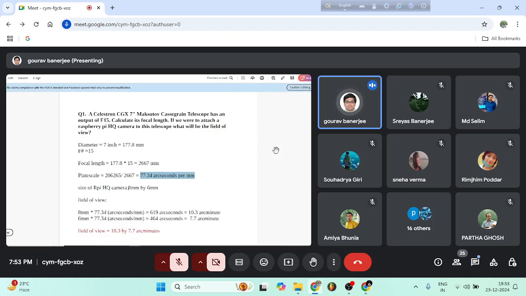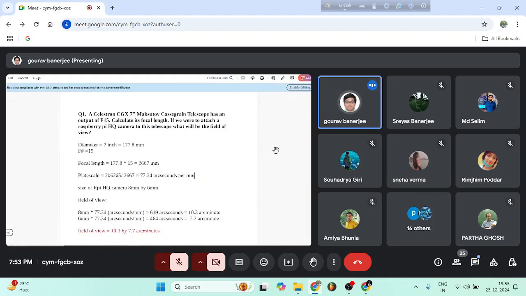This camera sensor size is about 8 millimeter by 6 millimeter. I believe this is only a 2.5 micron size pixel, so it's a very good sensor because it will give you fairly good resolution. So we know that the camera size is 8 millimeter by 6 millimeter, and our plate scale is 77 arc seconds per millimeter. If it is 77 arc seconds per millimeter, how much is it for 2 millimeters? 77 times 2. And for 8 millimeter, you multiply by 8 and then you get 619 arc